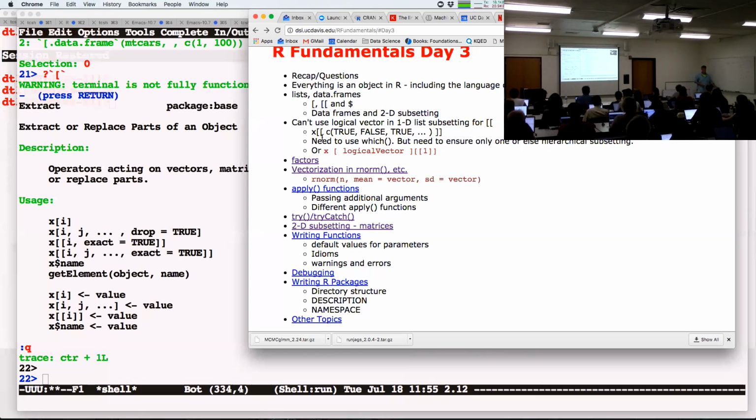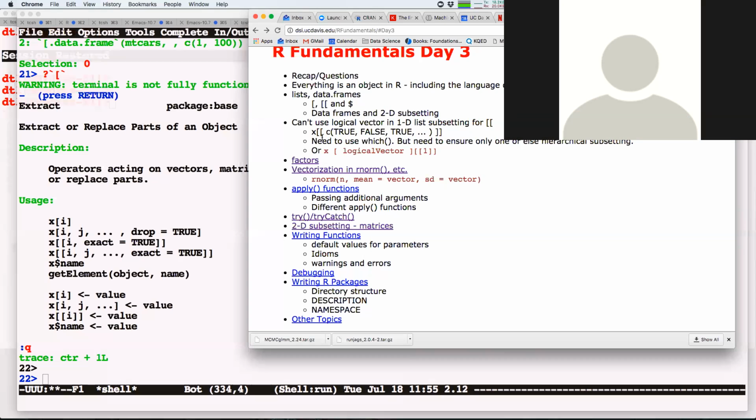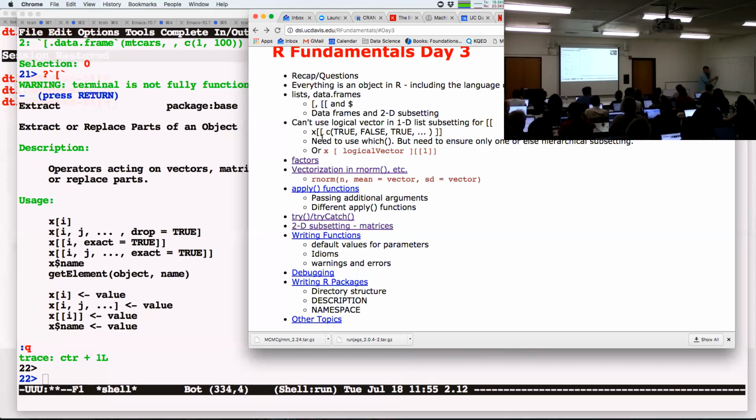Oftentimes what you want to do is the following, and we could do this in the same vein here. expand.grid could create this enormous grid, which is fine. But sometimes when we do lapply, we say x, and we apply a function. Remember, it takes each element of x, calls fun of x[i], and puts the answer back in the list, and we're done.